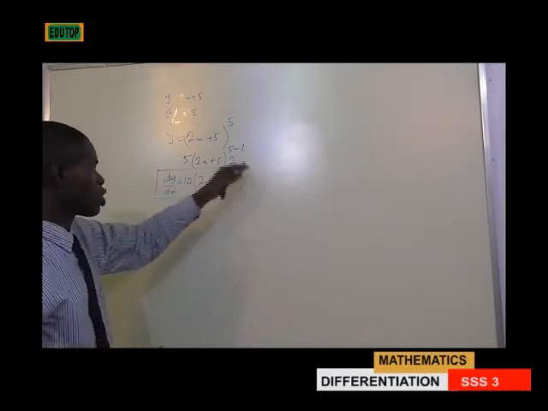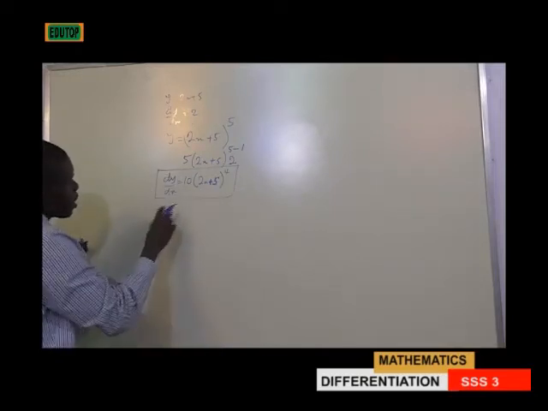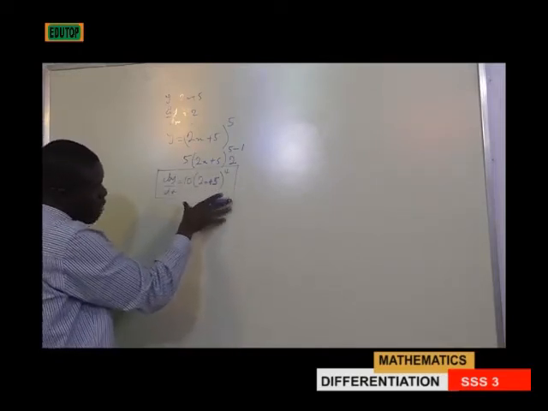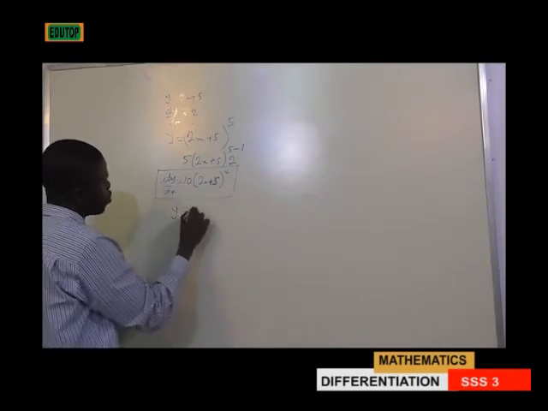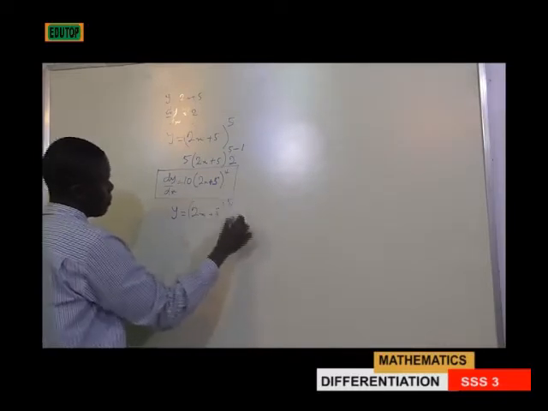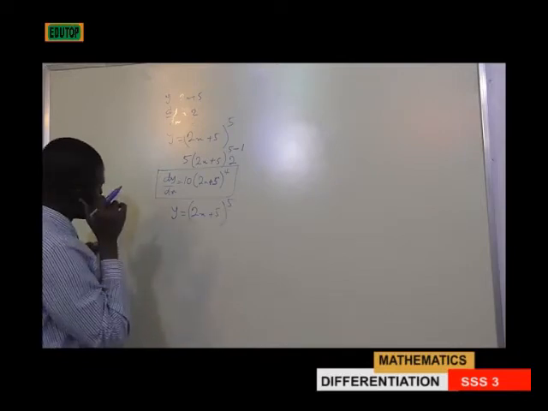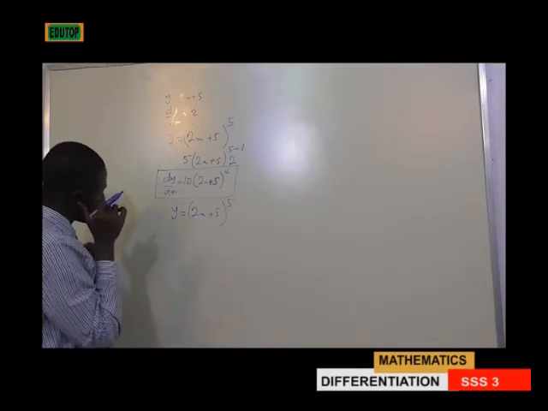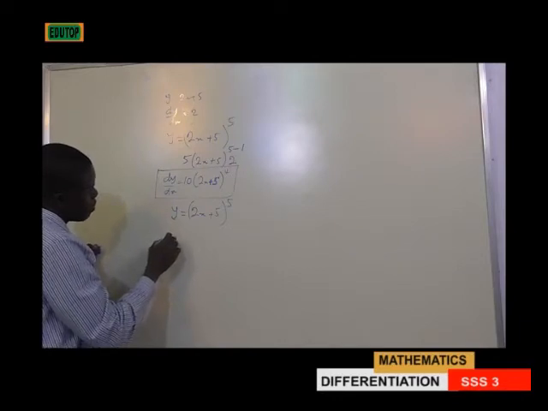Maybe you are dealing with multiple choice questions here. But in the case, let's now compare. This is what we must have as the answer at the end. So let's see. y equals (2x plus 5) raised to power 5. If you have to solve this by using function of function, it is telling us that if you have